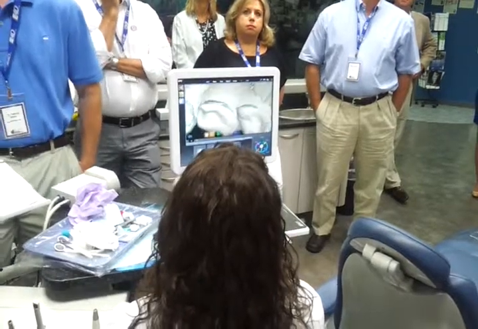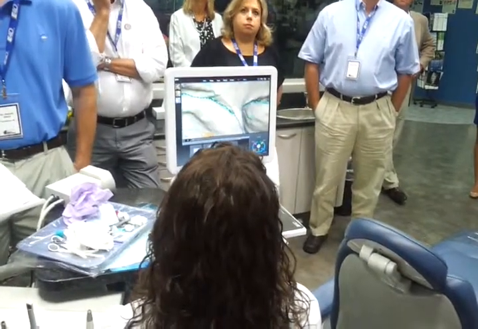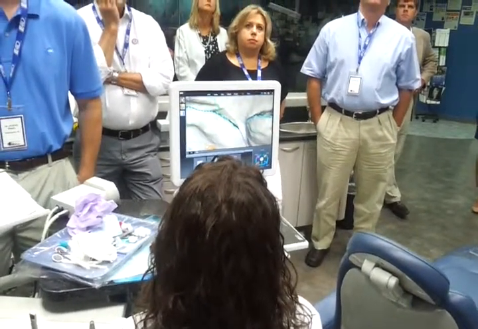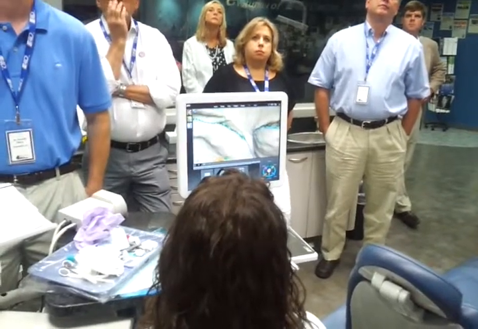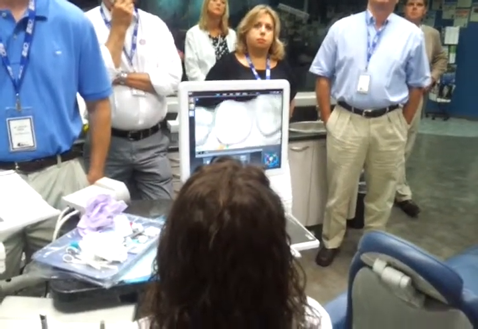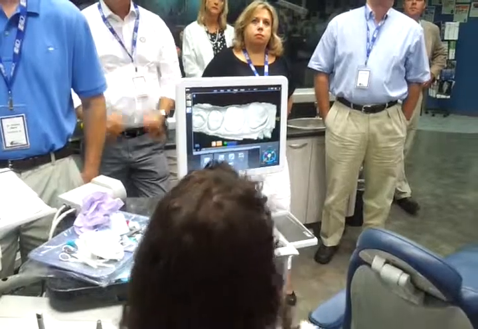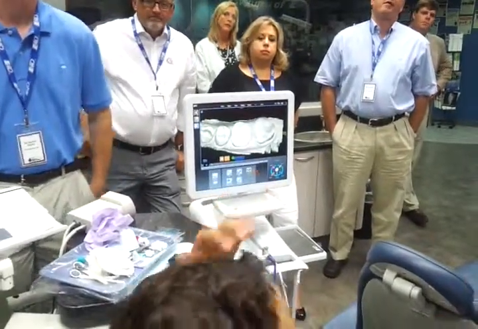Alright, one more little blip there and we're ready to go. My margin is drawn. I'm in tooth number 19. Now, autogenesis takes into account cusp heights, marginal ridge,